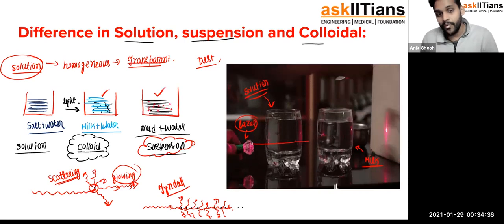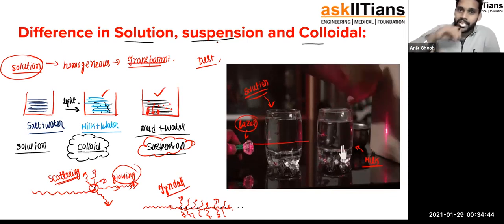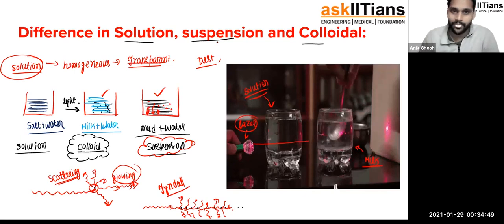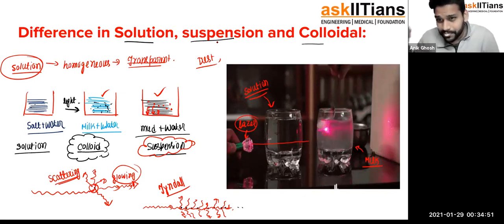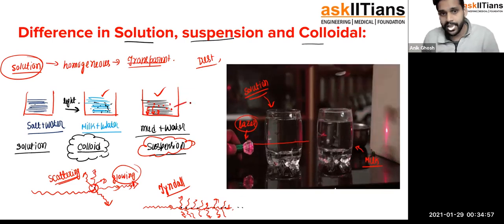When all these particles settle downwards, if you turn on the light, they won't be able to scatter it anymore, because they have all settled downwards. To scatter the light, they need to float in the mixture. Only then can they scatter the light. As this mixture is unstable,